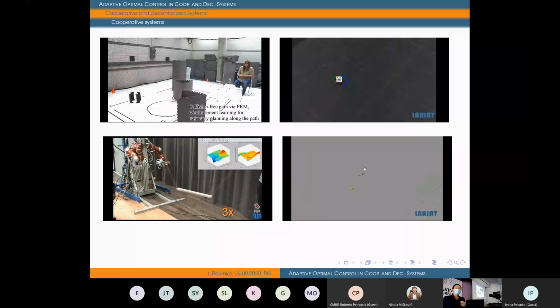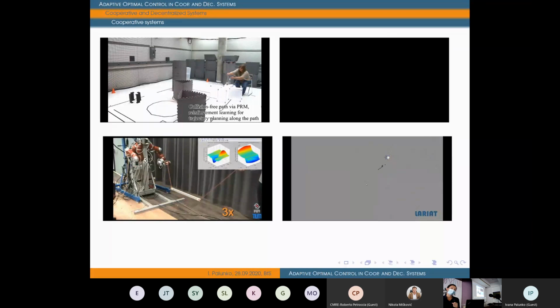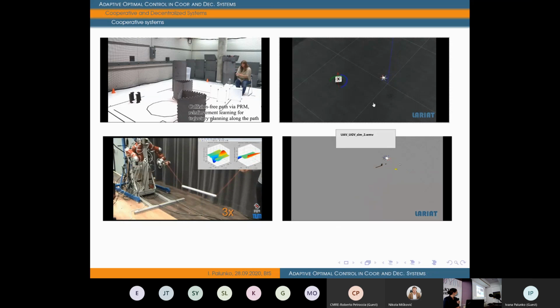So either you can have one robot tracking another robot passively, or they can have a collaborative approach where the goal is to land, or, for example, in these 2 videos,